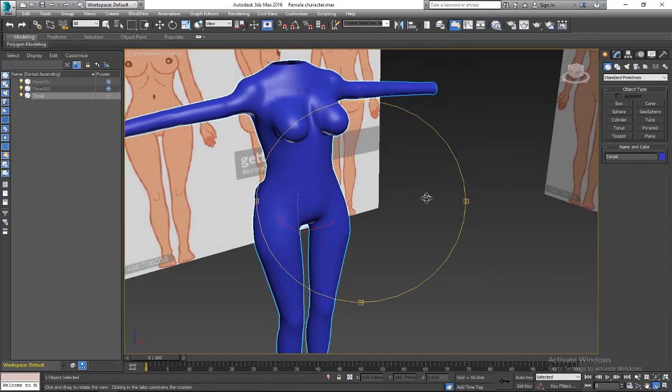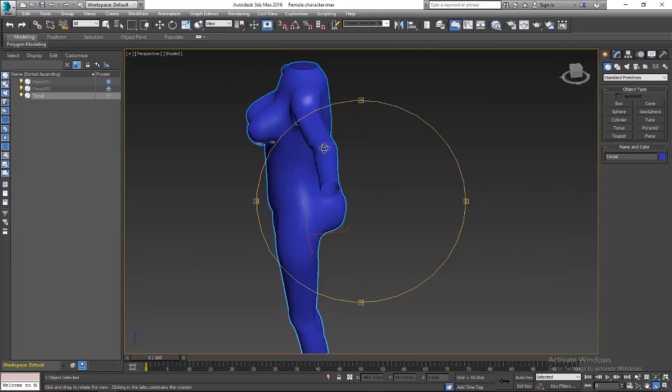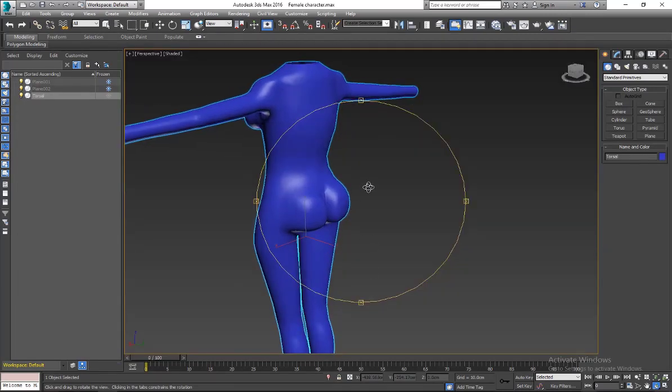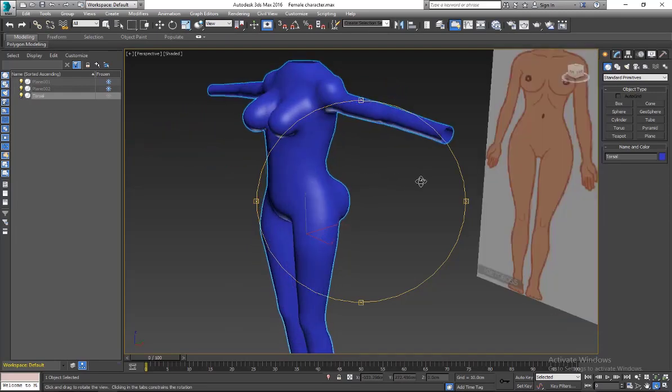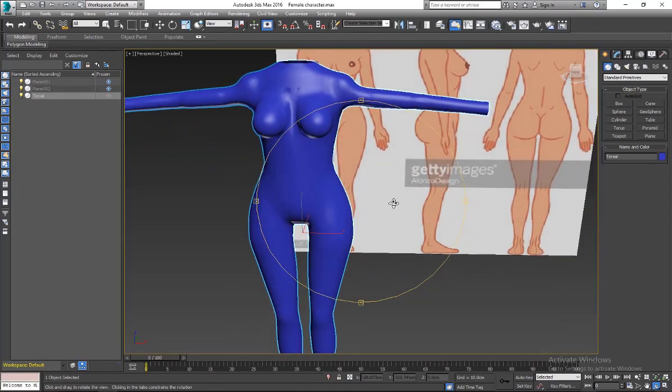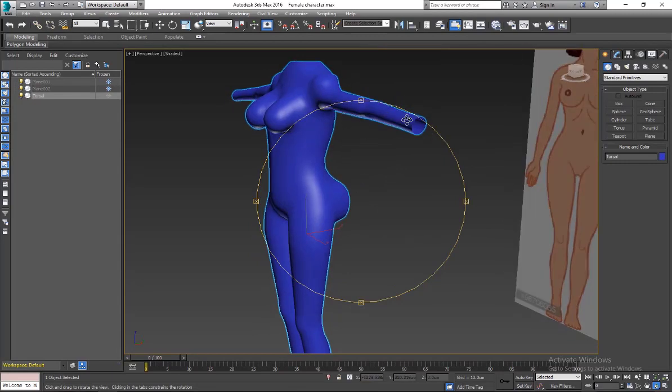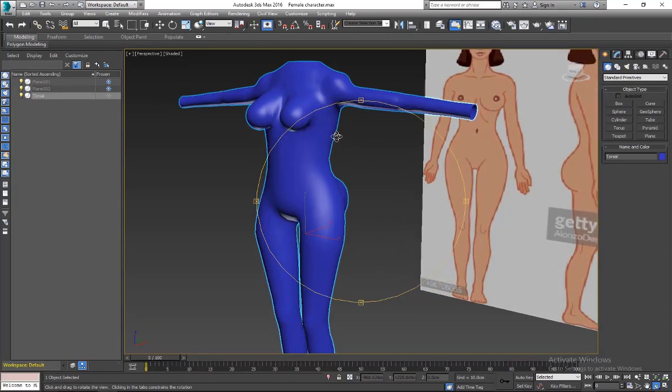We dealt with boobs in the previous tutorial, and also the bums or the buttocks. Today I want to do the hand modeling, the arm, and the palm. But before I do that, I want to